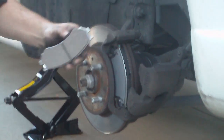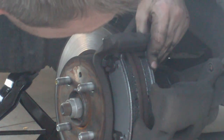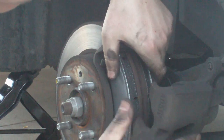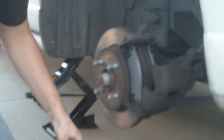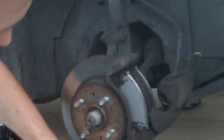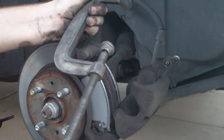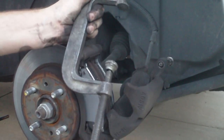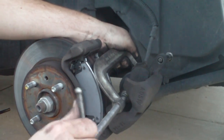They only go in one way, but please take your time. I mean, Damien's a professional, he already knows. And now what he's going to do is he's going to use an old brake pad and set it over that caliper. He's going to take the C-clamp and open it up. Set it over the center of the caliper on the brake pad, and he's going to squeeze the brake pad